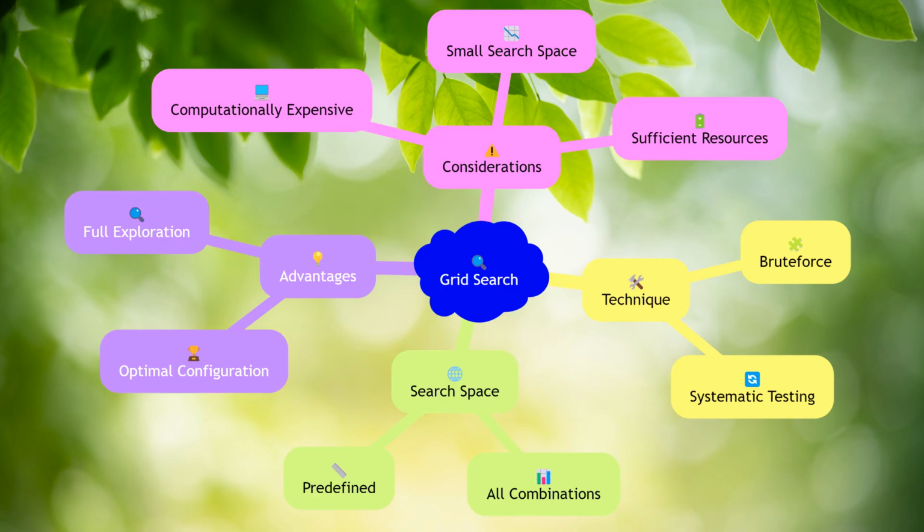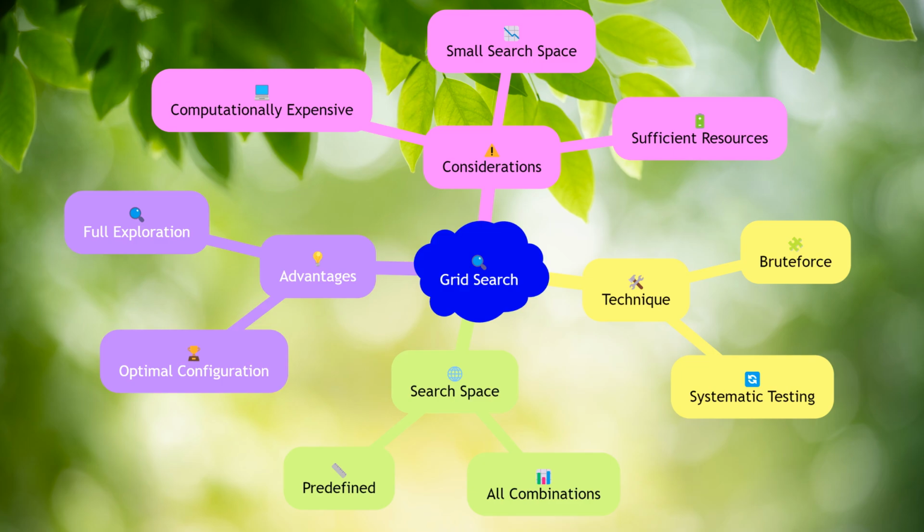Grid search is a brute force technique that involves systematically testing all possible combinations of hyperparameters within a predefined search space. While this method can be computationally expensive, it ensures that the entire search space is explored, potentially leading to the identification of the optimal configuration. Grid search is particularly useful when the search space is relatively small and the computational resources are sufficient to handle